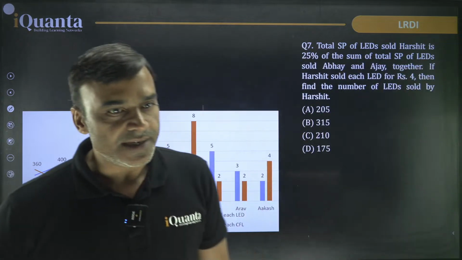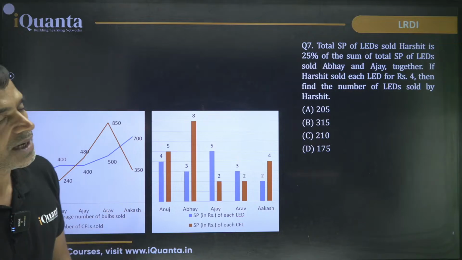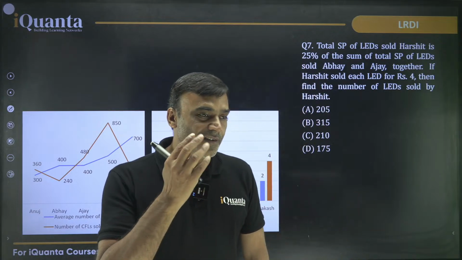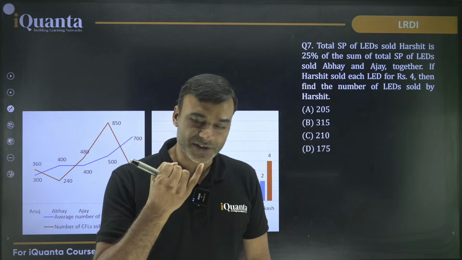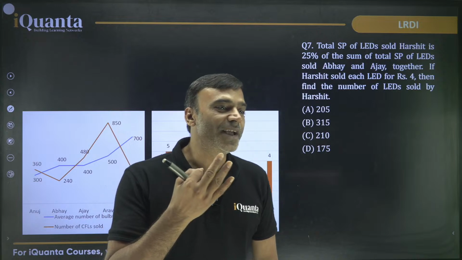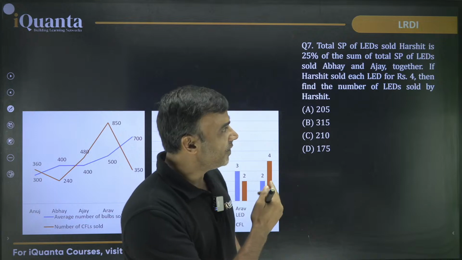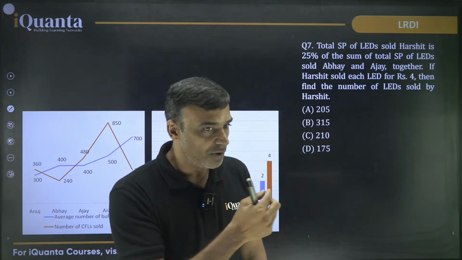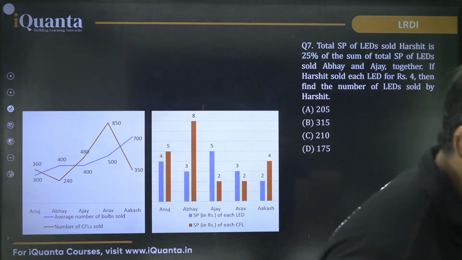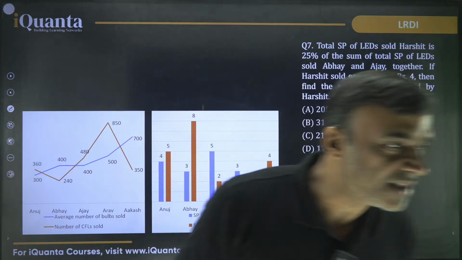The level of this set is good level. This question is a good candidate to appear in any exam because of the things that are involved: the language, correct interpretation of language, correct interpretation of the values in the graph. Then there's a lot of scope of making mistakes. I made so many mistakes, right? Small small things. If you don't read it carefully, you make a mistake. If you don't follow the calculation, you make a mistake, and so many things. Yes, correct. We did that. Yes, Vibhuti, Siddhi, we did that.